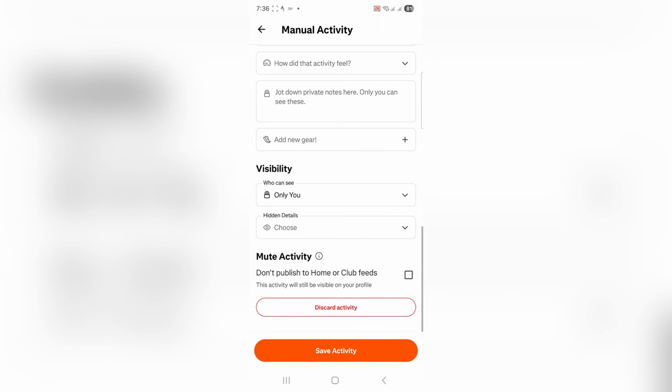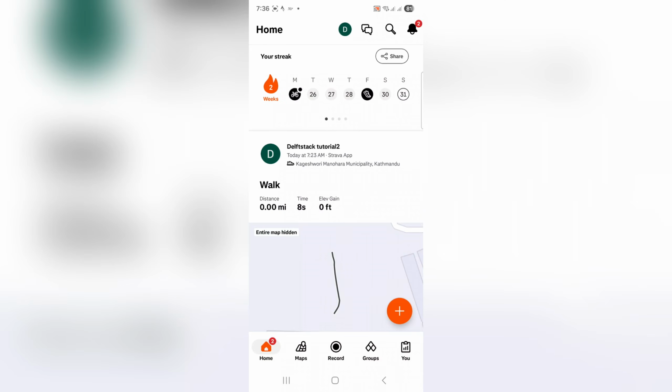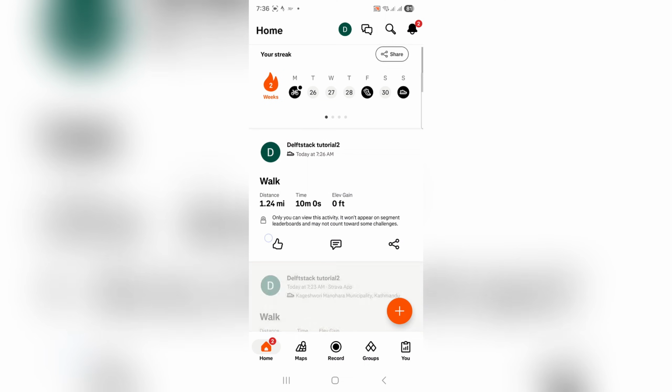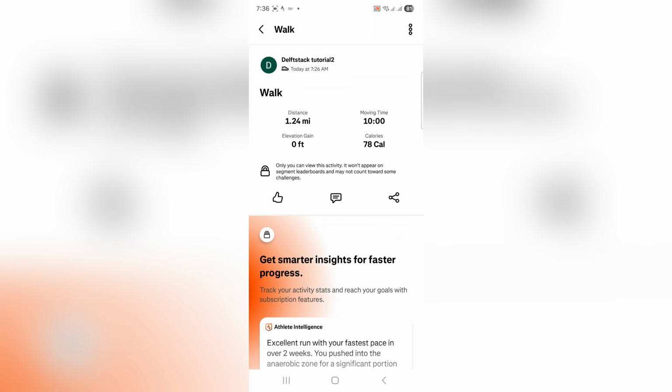You can also set the visibility, and then once you are happy with how it looks, just go ahead and click on Save Activity to upload it to your Strava profile. And now as you can see, our walk has been successfully added. And that's it. That's how you manually upload an activity on Strava, by selecting manual activity, entering details, and saving